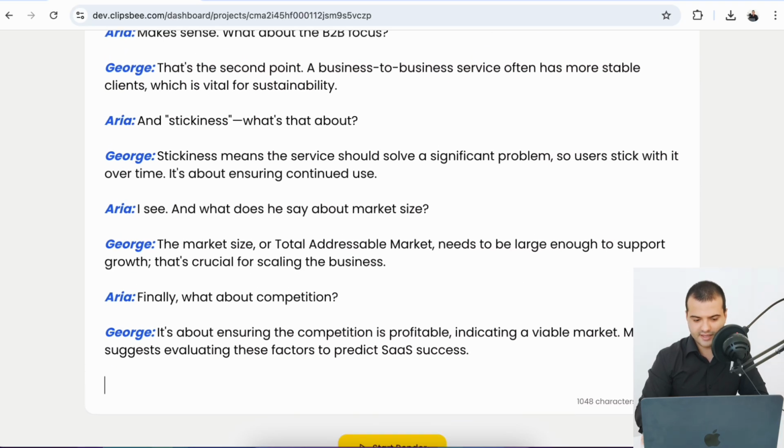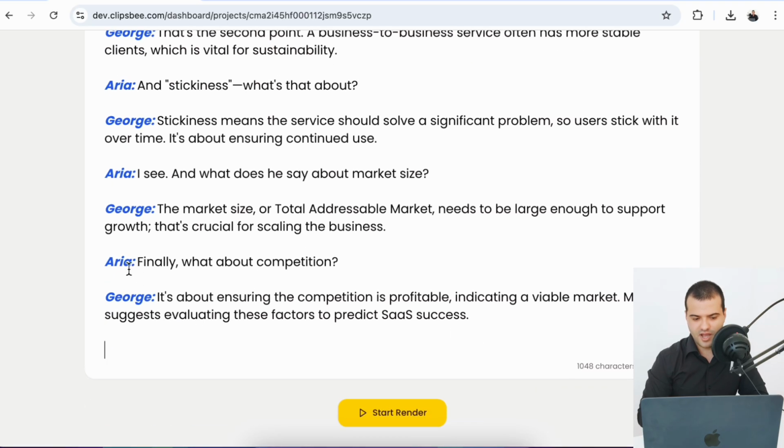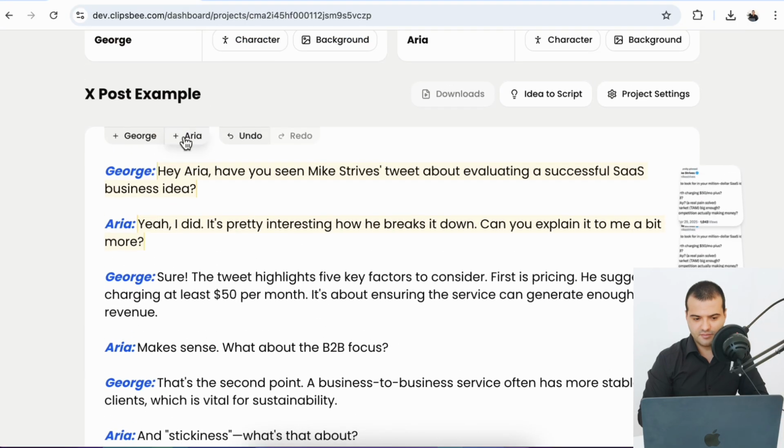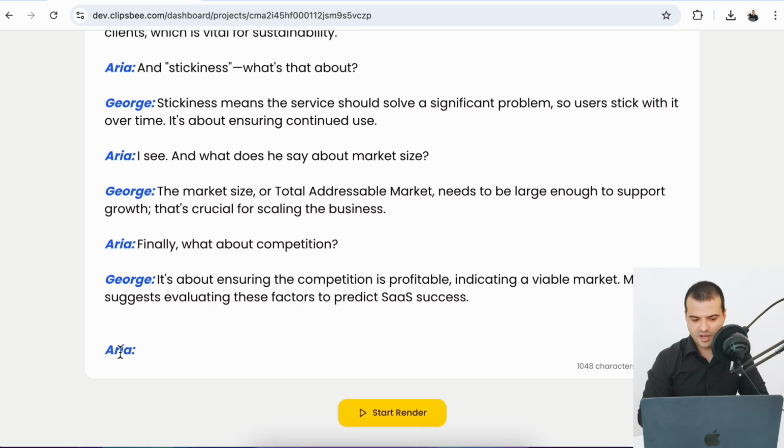Also, if you want to add some stuff here, for example, Arya to continue speaking, just go here and click plus to Arya, or just typing Arya will add the character to the script. So click Arya, and as you can see, Arya is added here, and you can type the part of Arya. Hello, I'm here. See? And just like that, it will create this part. It's so easy. So I remove this,